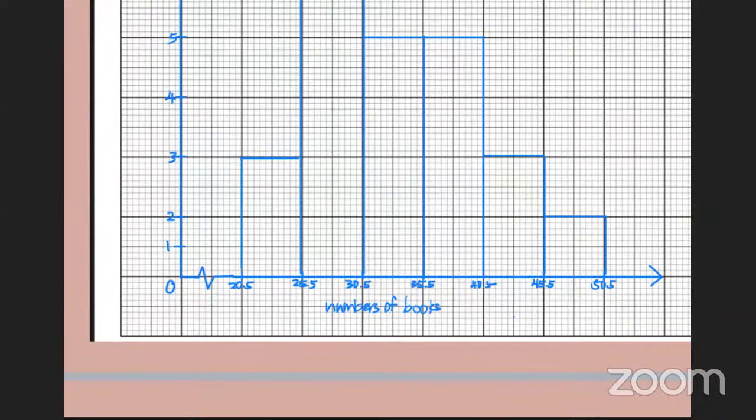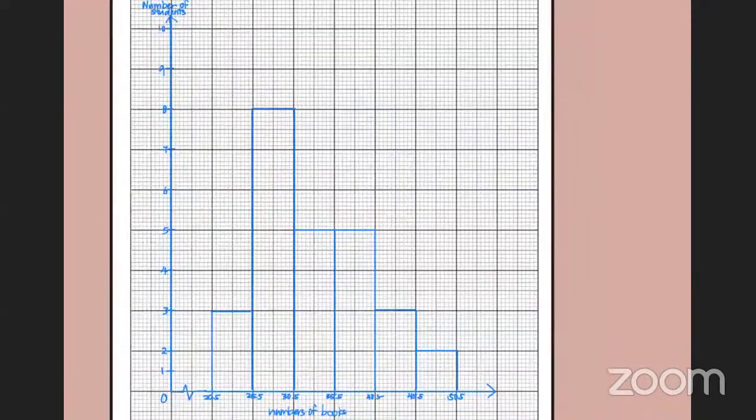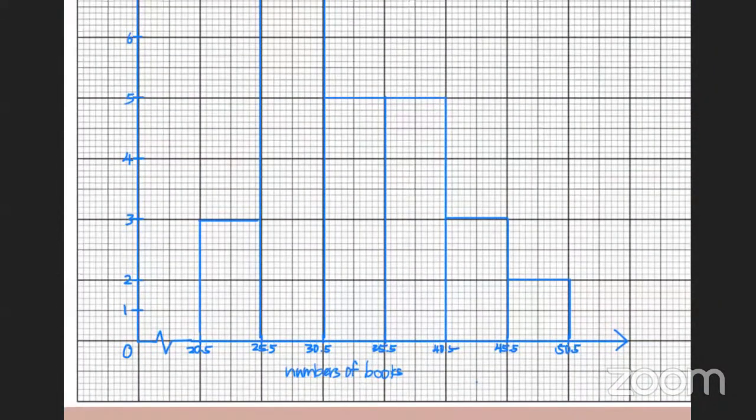And then draw a horizontal line according to the frequency, and don't forget to write your